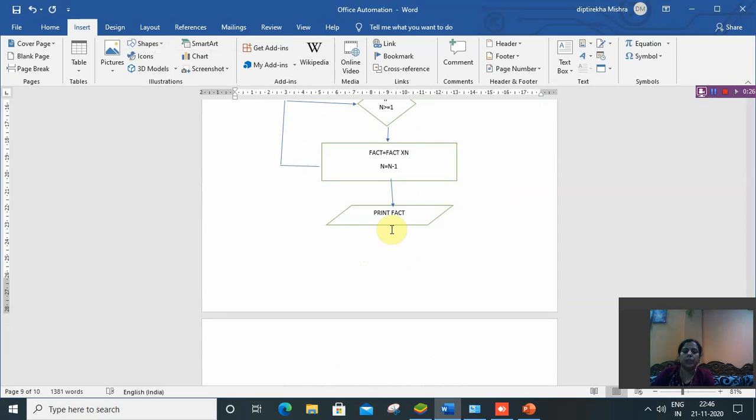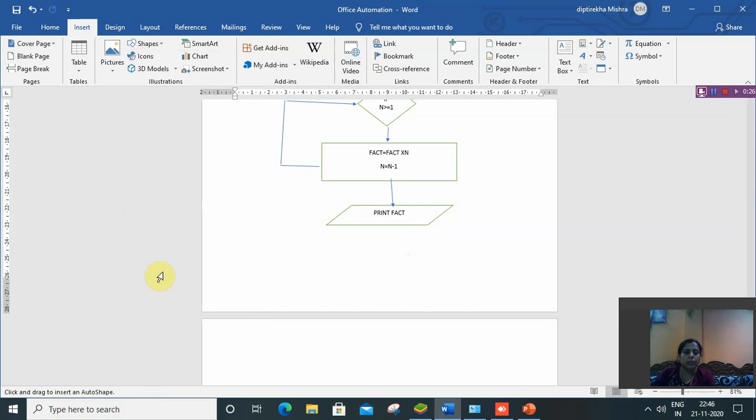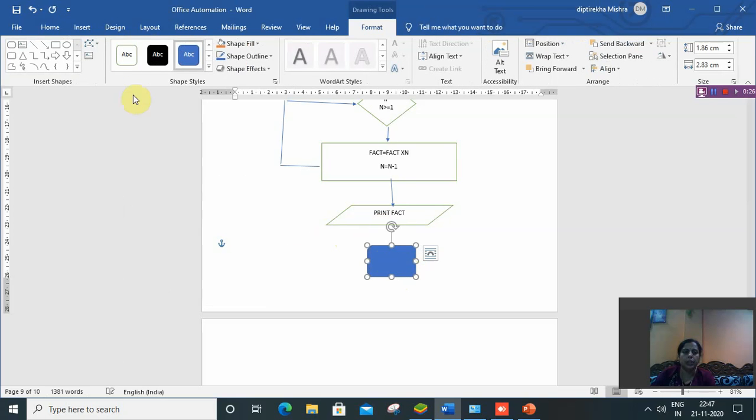So here I will just add a symbol of stop. I will click on shape, then the flowchart option. I will select this and draw it.